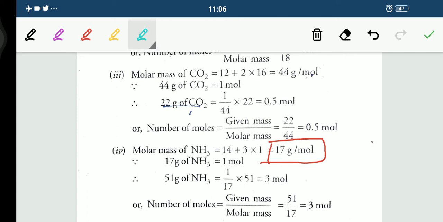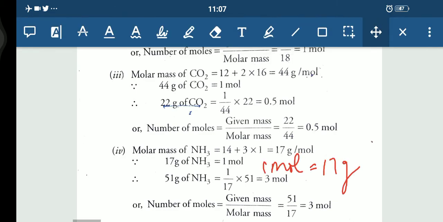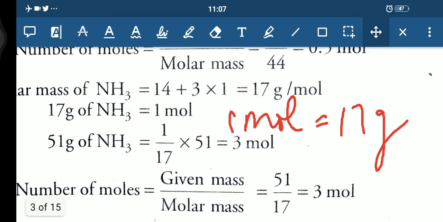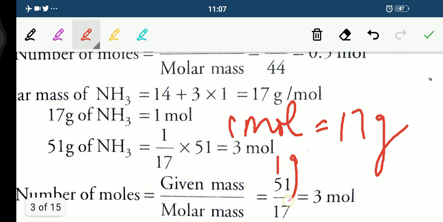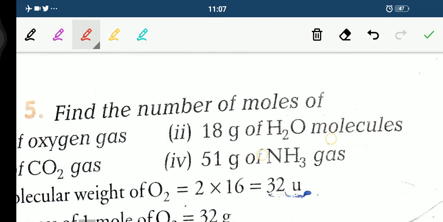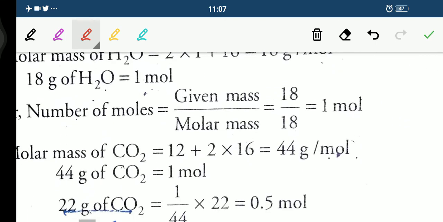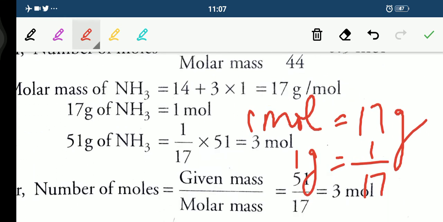Fine. Now we can easily calculate it for the 1 mole. Quickly tell me, 1 mole is equal to 17 gram. Fine children. So what will be for 1 gram? As you need to find out the moles, moles will be your numerator. So this becomes 1 upon 17. And as you need to find out for 51 grams of NH3, right children? So for 1 gram we have found out. Now for 51 you just need to multiply it by 51, and your answer comes out to be,